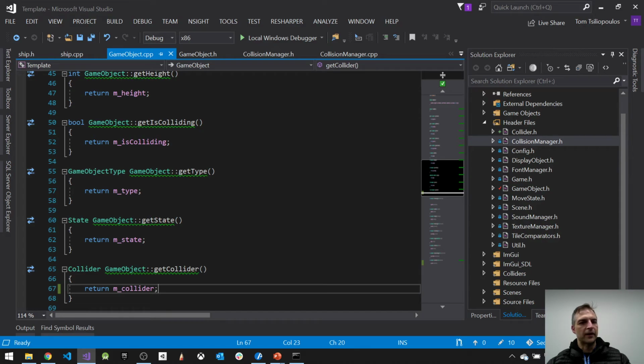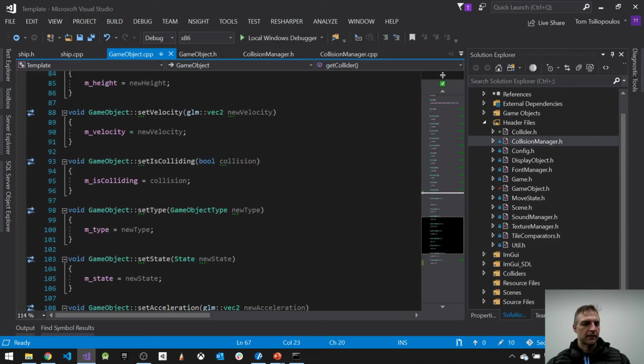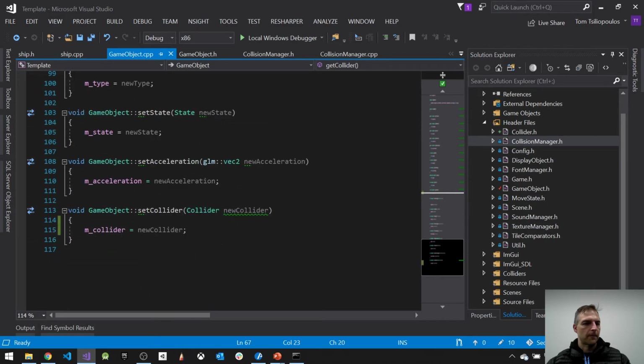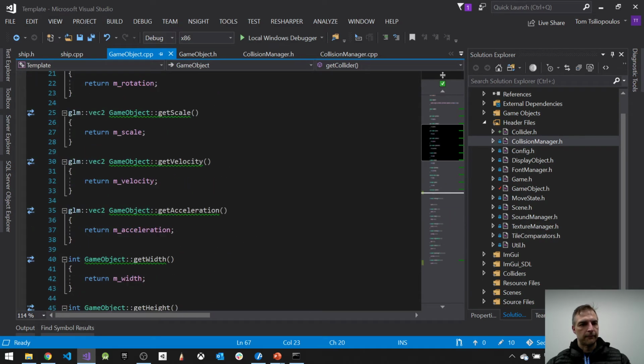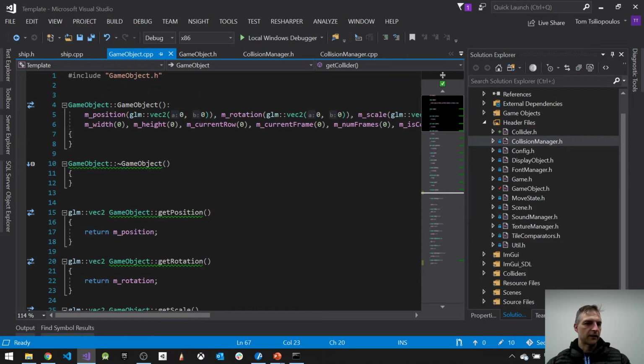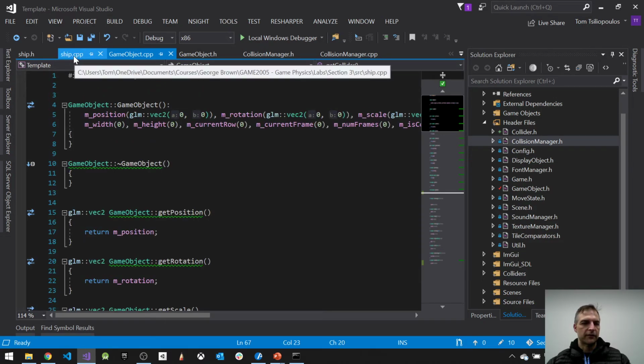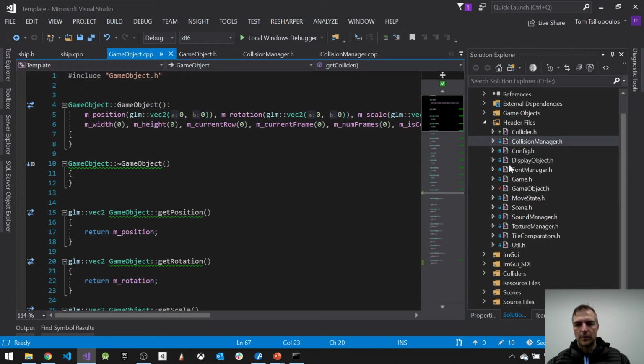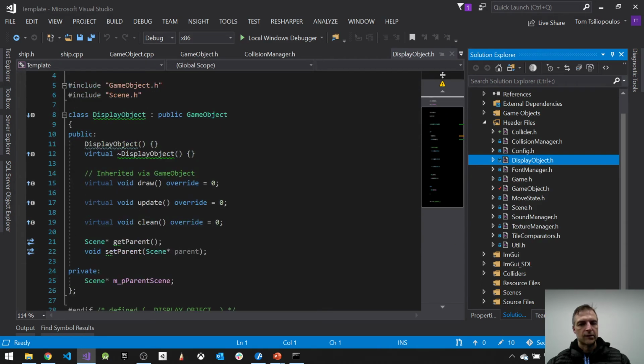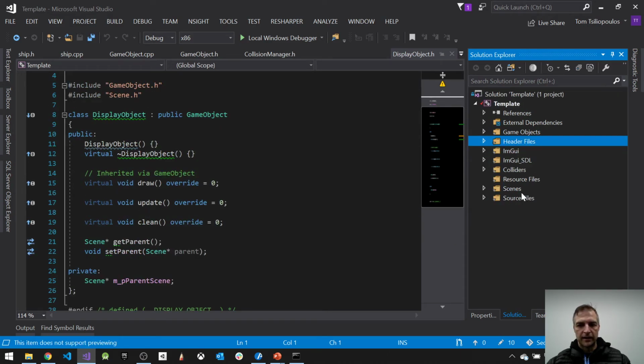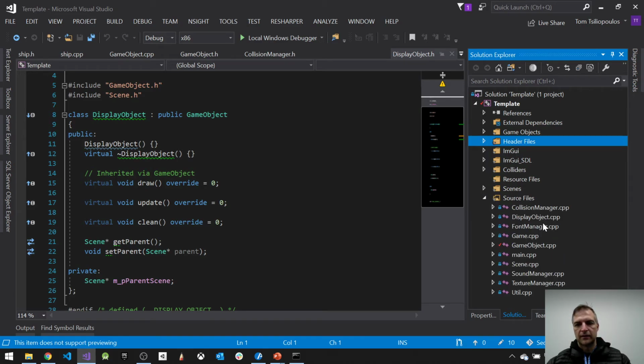So every time I update, which means on my game object update, my game object has whatever the update is, and that would be inside the ship itself, not the game object itself, or maybe the display object. Let's take a look at the display object here. Yeah. Then the challenge is that inside of my display object,